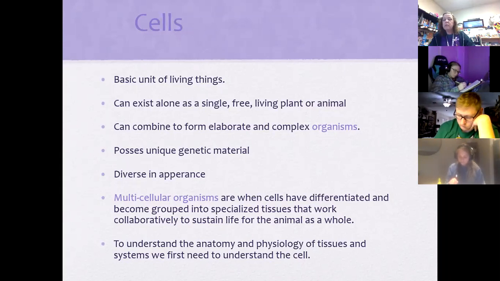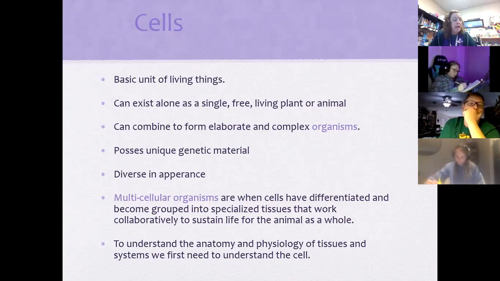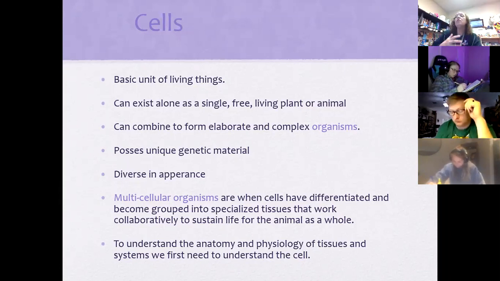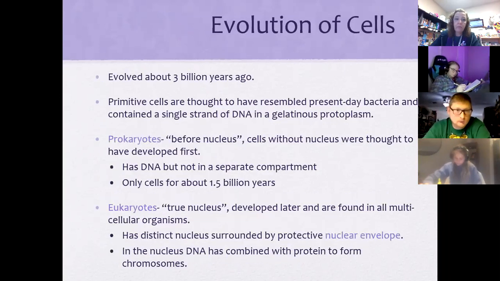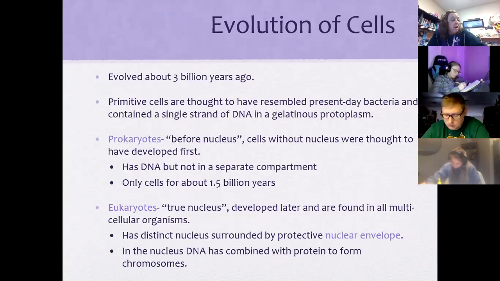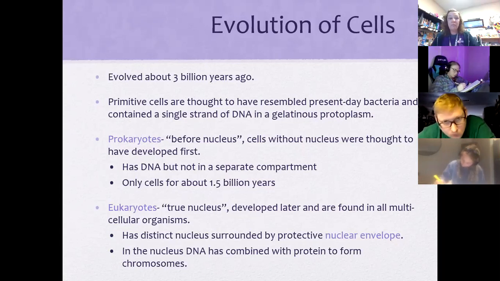So throughout this chapter 3, we're first going to talk about how cells regulate what comes in and out. And then we're going to talk about how the structures of the cells facilitate that. They're called the organelles, or the tiny organs of the cell. So let's talk a little bit. Cells are really pretty amazing. They've been evolving for billions of years. Now, this is where it gets kind of cool.